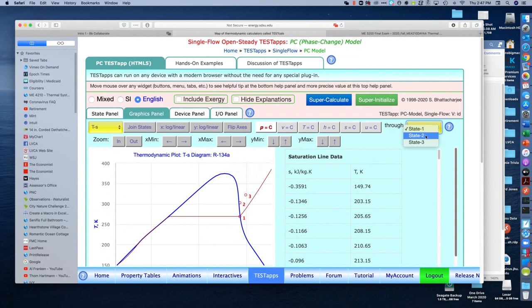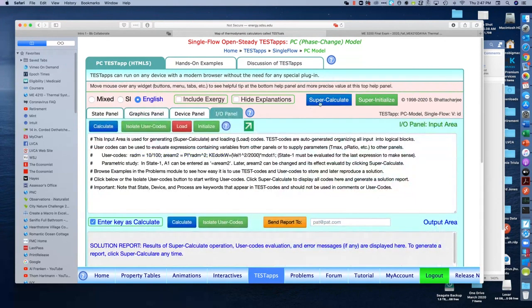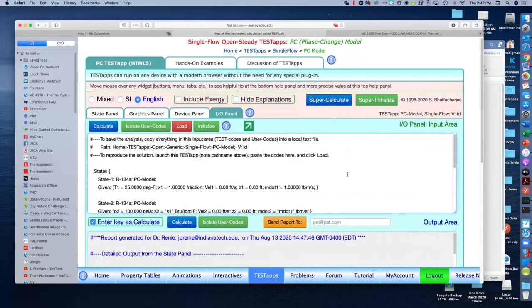And if I had said I want a constant pressure line to go through 2 and 3, I could have said through state 2. So that is the constant pressure line corresponding to 100 psi. And so with that in mind, now we can go to the I/O panel, do a super calculate, and when